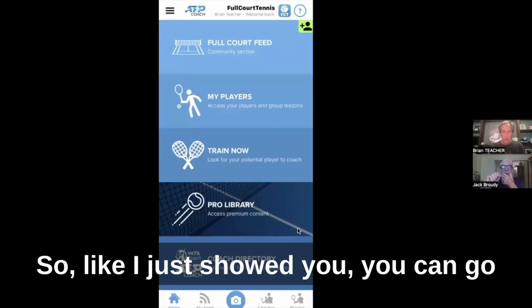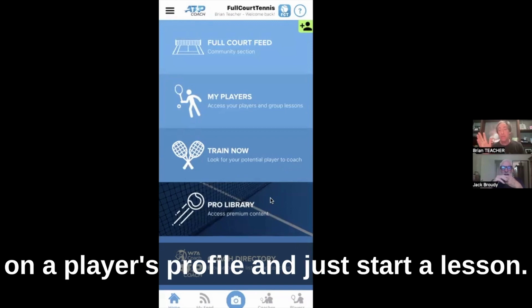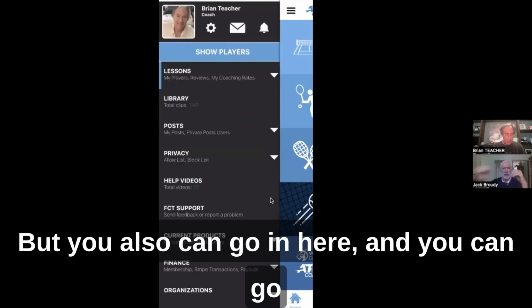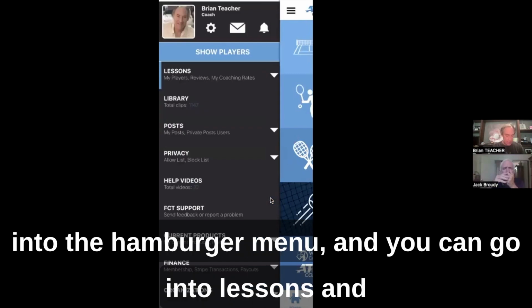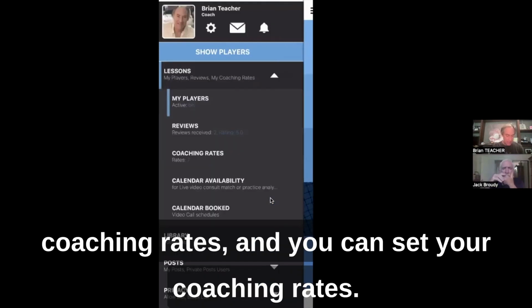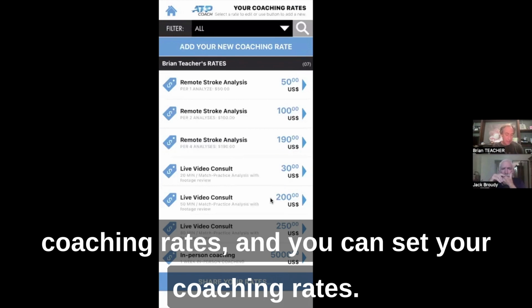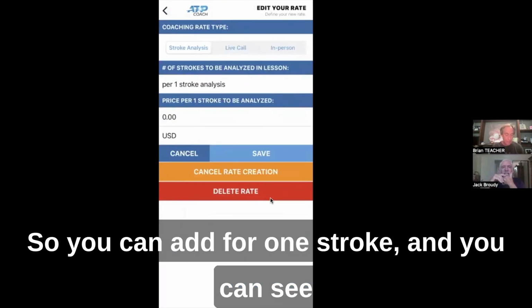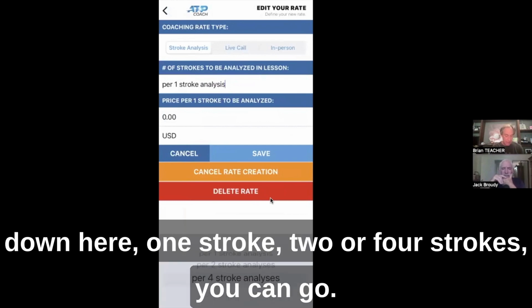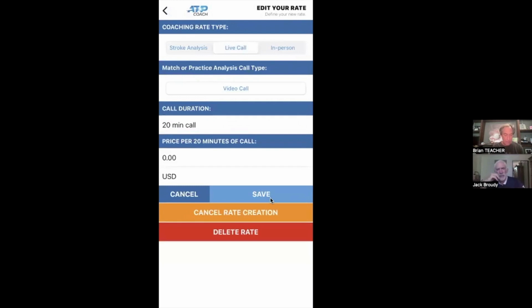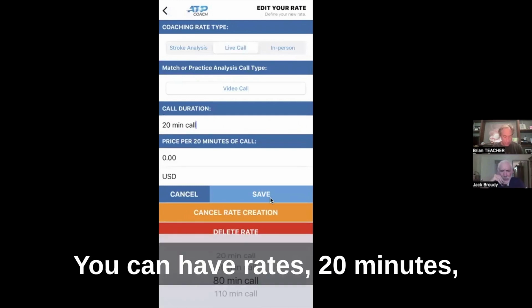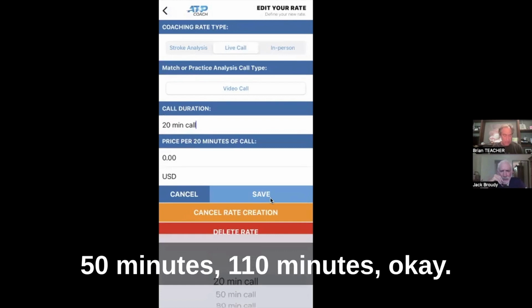Go ahead. So like I just showed you, you can go on a player's profile and just start a lesson, but you also can go in here, into the hamburger menu, into lessons and coaching rates, and set your coaching rates. You can add a coaching rate here. You can add for 1 stroke, 2 or 4 strokes. You can go over ball. You can have rates for 20 minutes, 50 minutes, 110 minutes,